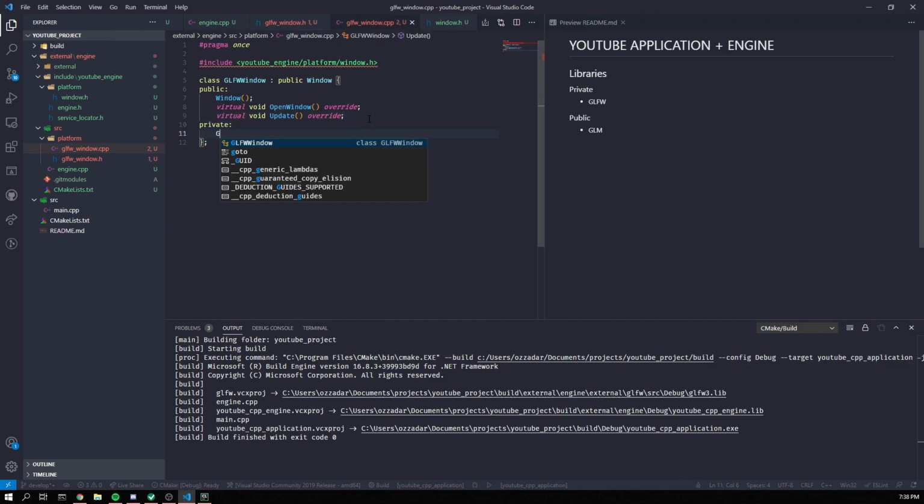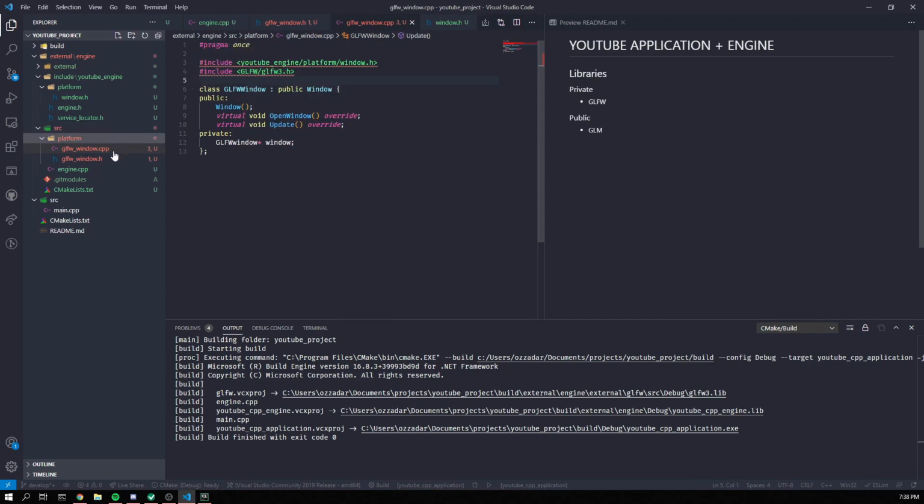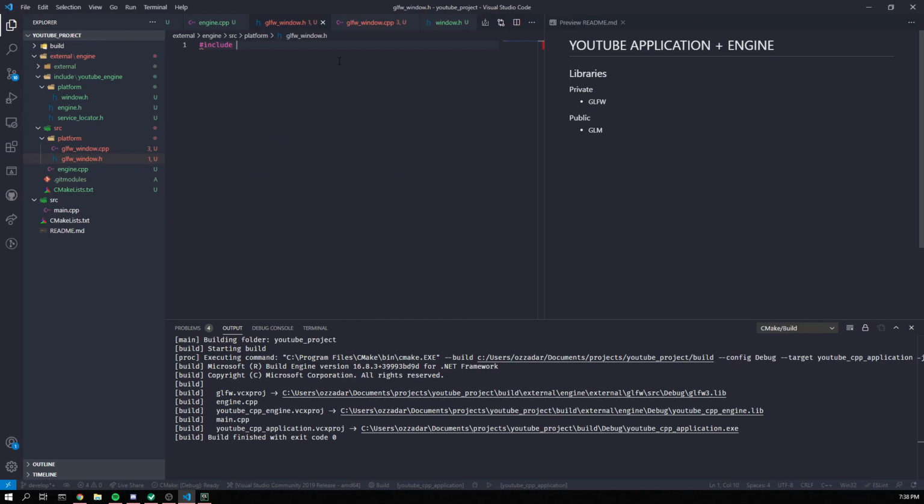Private, we are going to want a glfw window, which should be, give me a squiggle here, I would imagine. #include glfw/glfw3. Right, again, this is the same issue as before. It's not linked in CMake yet, so there's issues. Anyways, we are going to glfw window,